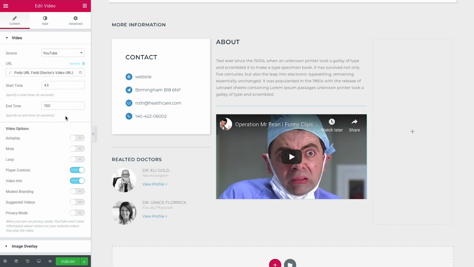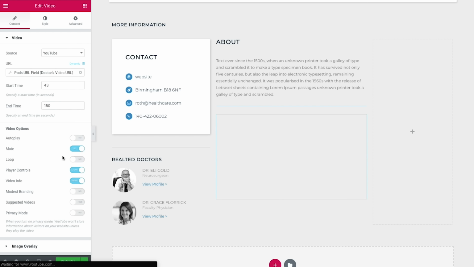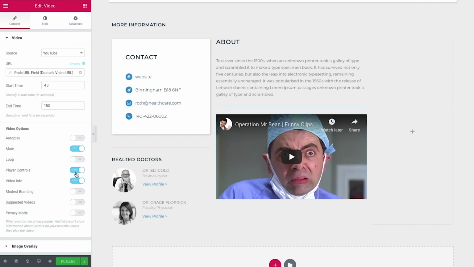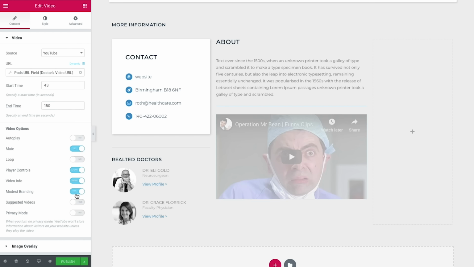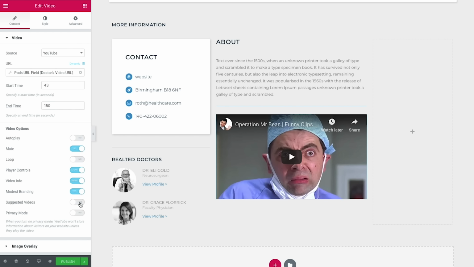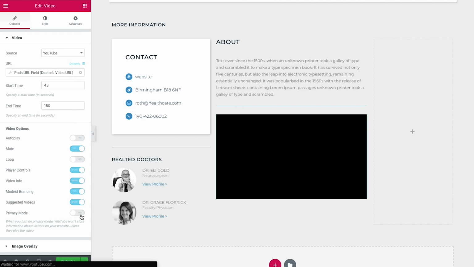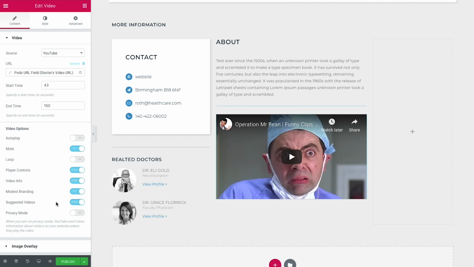Then I will change here some settings. So we do not want this to autoplay, but we want it to be muted. We do not want loop. We do want player controls, video info, and modest branding, as well as suggested videos, but I will leave privacy mode to no. Then I'll click on the image overlay